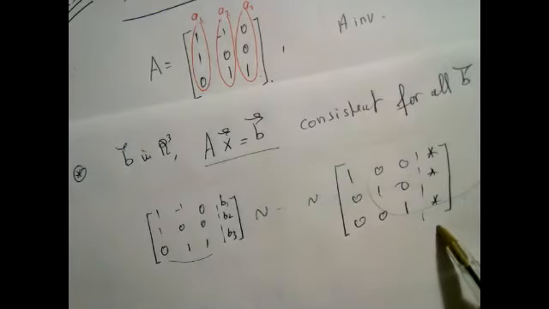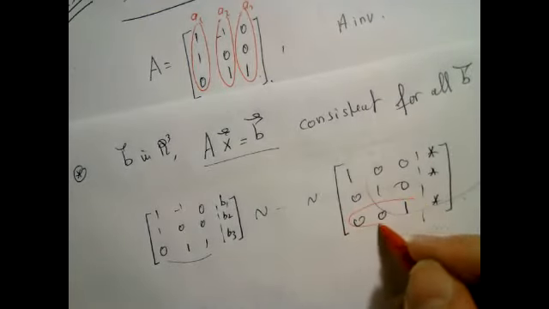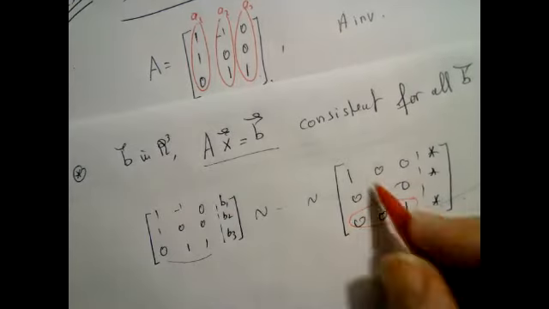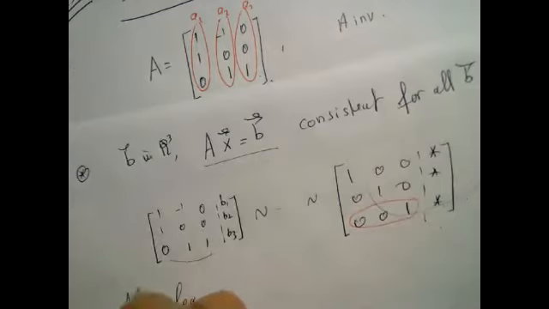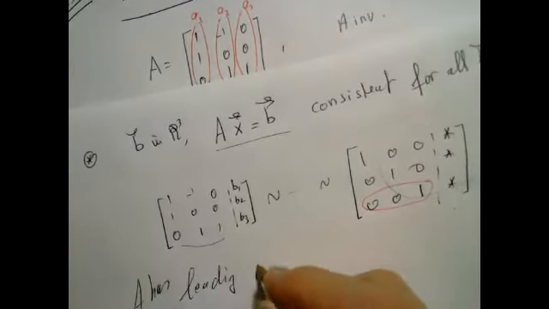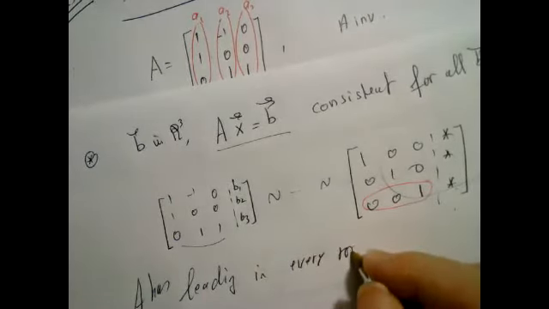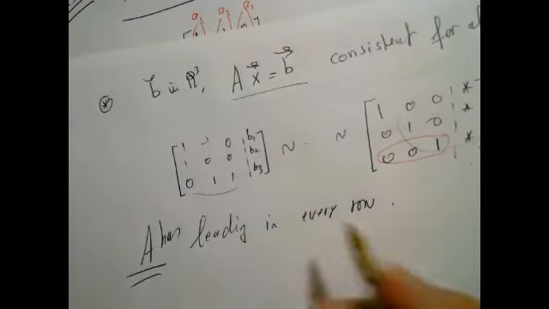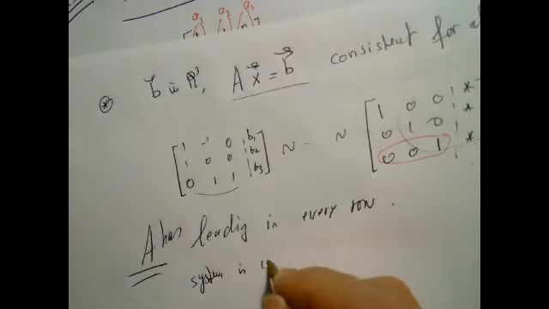Now if we look at this system, every row has a leading entry. A, the coefficient matrix, has a leading entry in every row. So what does this mean? It means the system is consistent because